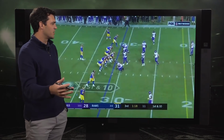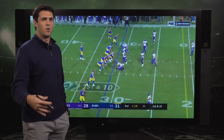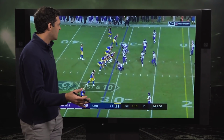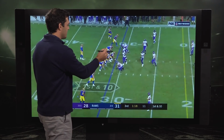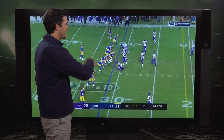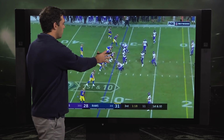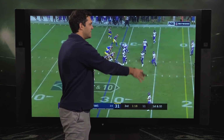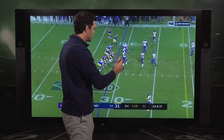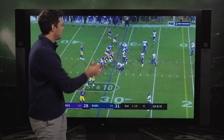But the Rams did a great job of using tempo all night. We saw that the Vikings could never get settled in, and they were always on their heels. But here they're going to come out, and we don't quite get to see it, but they start out in a pro-I formation. And they're going to explode out to an empty set. We can see that 21 personnel is going to get base defense for the Vikings. So they're in a 3 linebacker set, 4 DBs, 4 lower down linemen, and we can see we got Robert